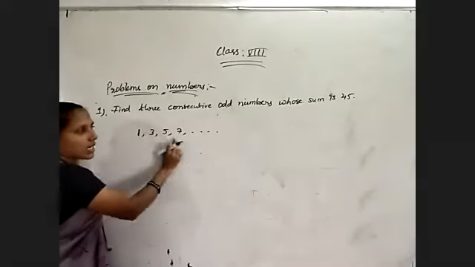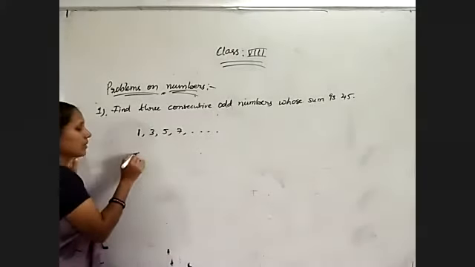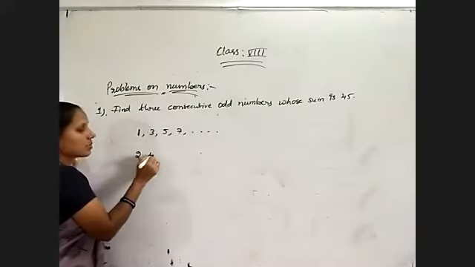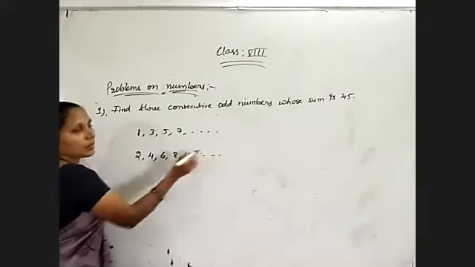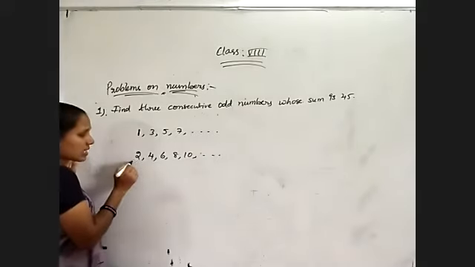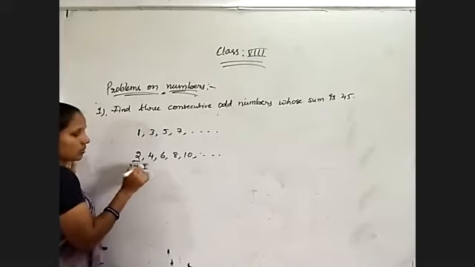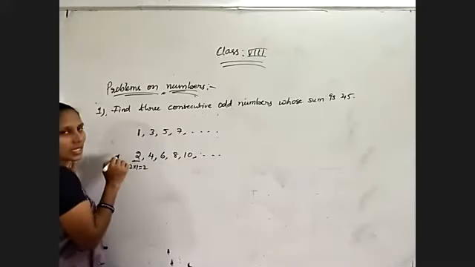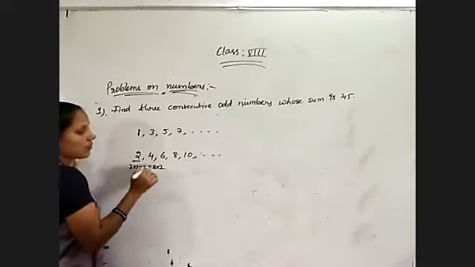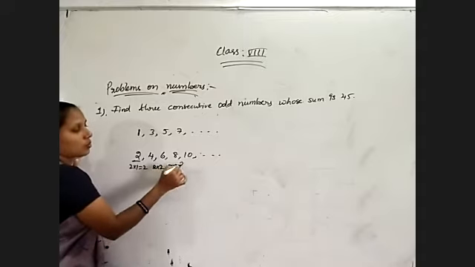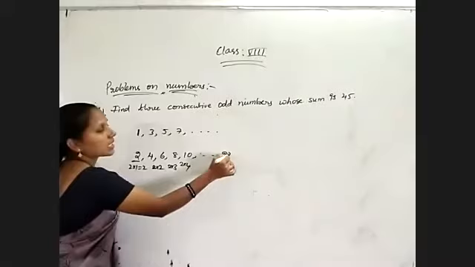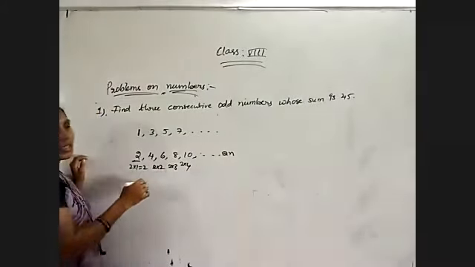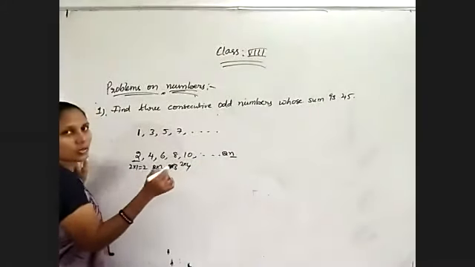What is the general pattern for these numbers? Suppose I am taking the even numbers which are divisible by 2: 2, 4, 6, 8, 10 and so on. Just observe, to get the first term, 2 ones are 2. To get the second term, 2 twos are 4. 2 threes are 6, 2 fours are 8, means 2 tables. So to get the nth term, that is 2 into n, 2n. N may be 0, 1, 2, 3 and so on.